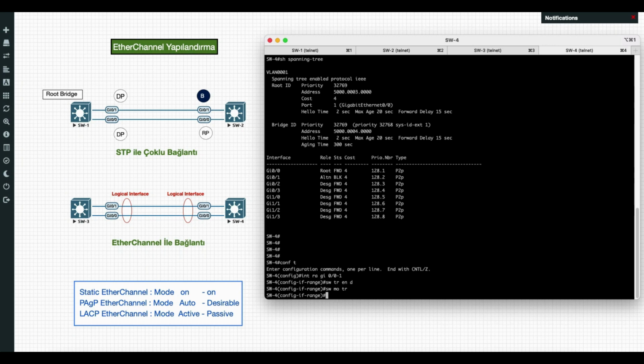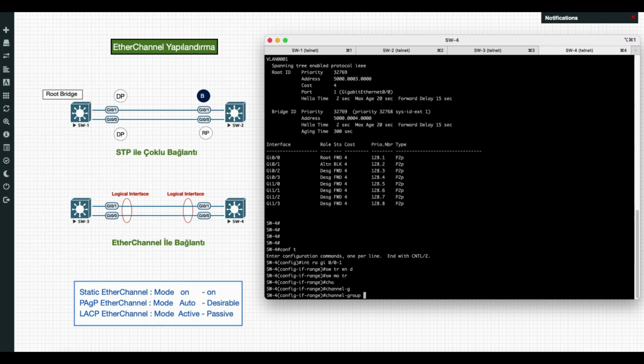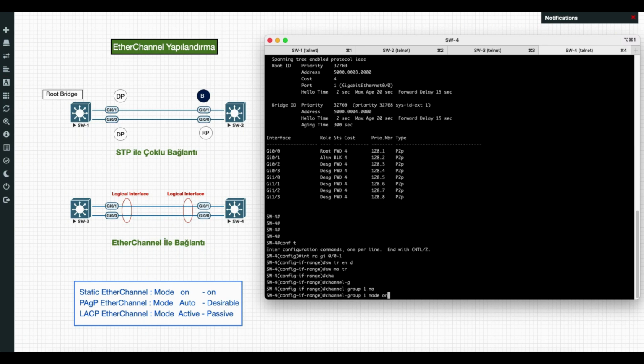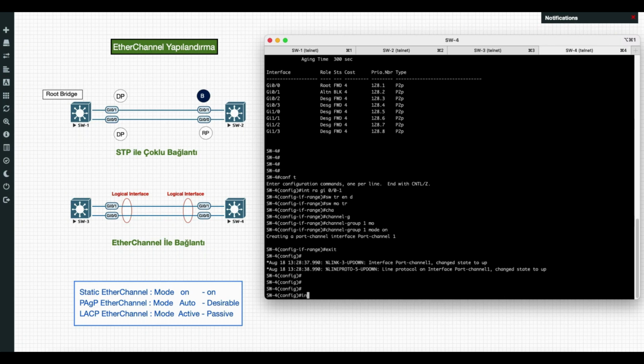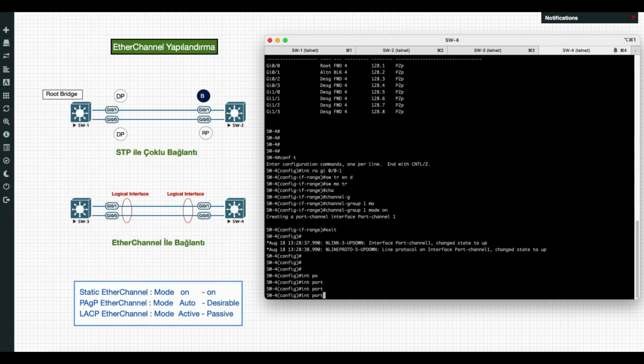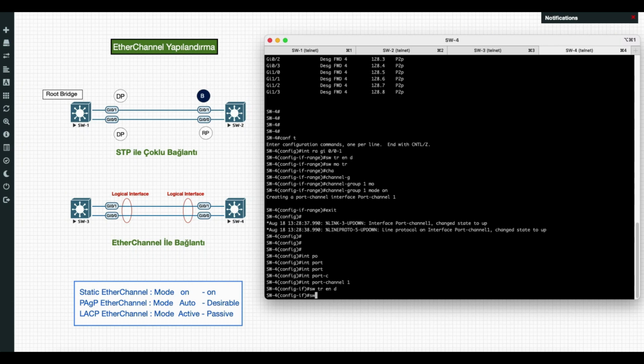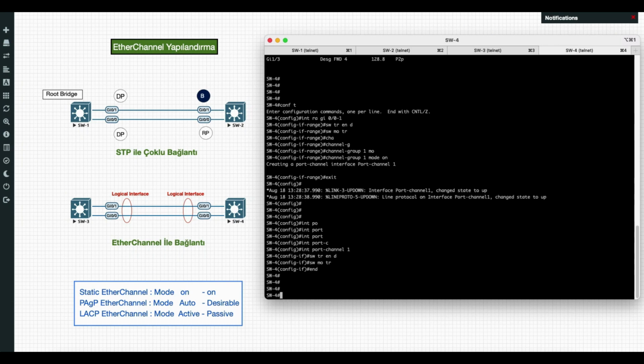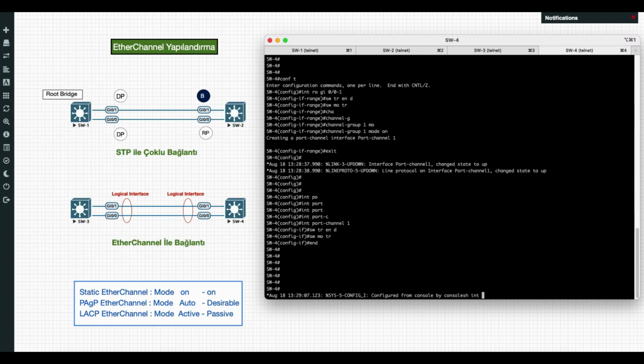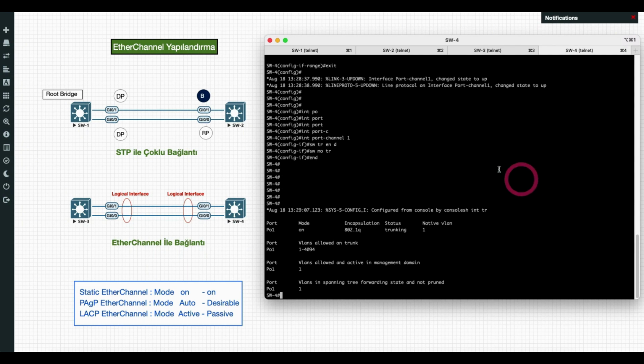Now let's set up the channel group, say channel group 1 and set it to on mode. Let's say exit and enter the interface port channel 1. Here, in the same way, let's write switchport trunk encapsulation dot1q and make our mode trunk. I say end. When we write show interface trunk, you can see that port channel is active and the mode